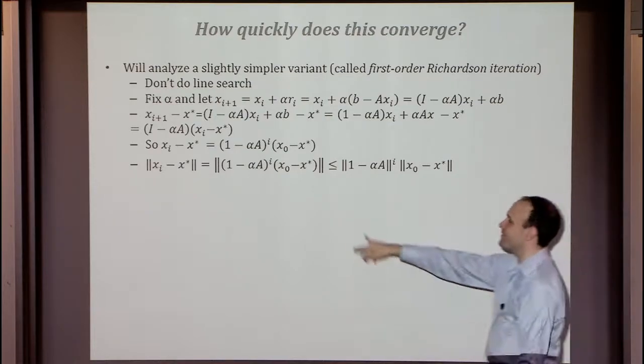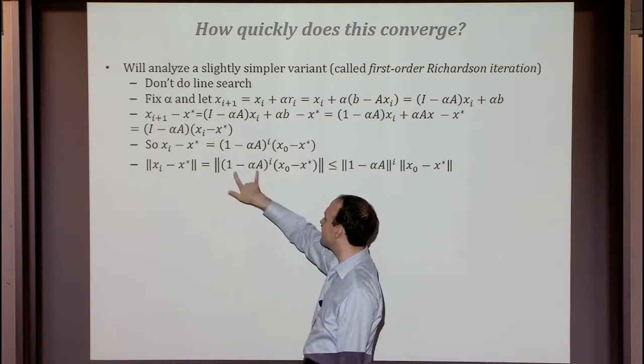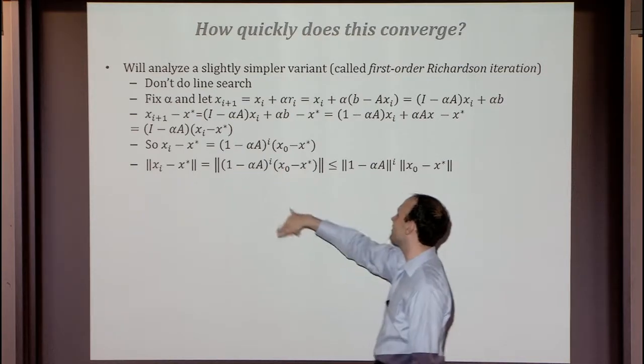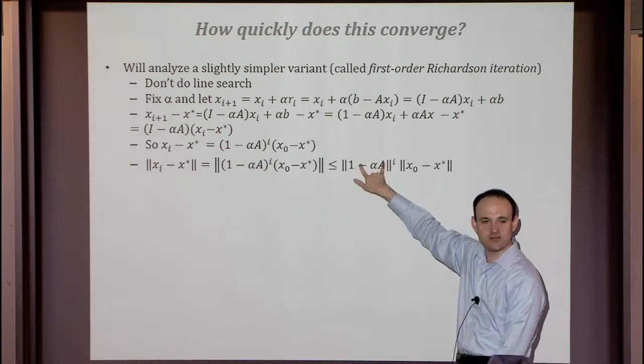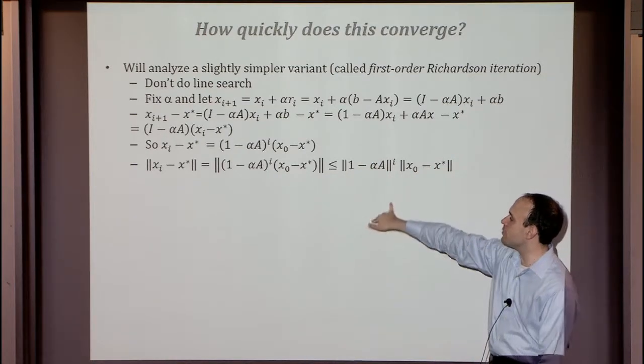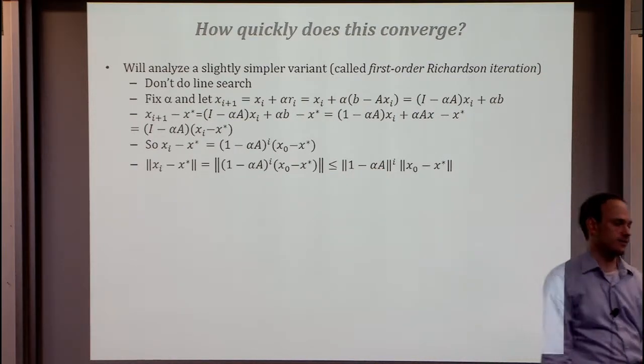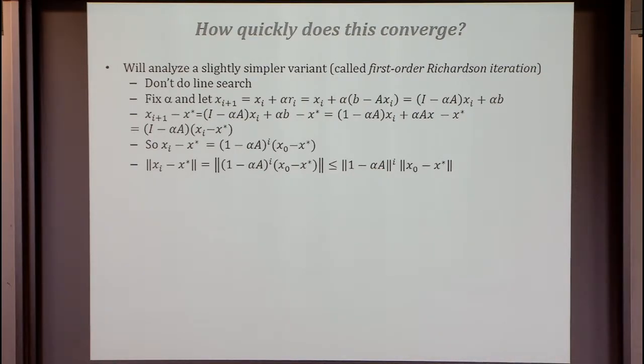Okay, so let's just see what happens. It's not that deep. You want to study what happens to the error, so you have a matrix times a vector, and you just bound its norm by the spectral norm of the matrix times the original starting norm. The point here is that if this thing is substantially less than 1, then we'll get fast convergence. So you don't have the A norm now?